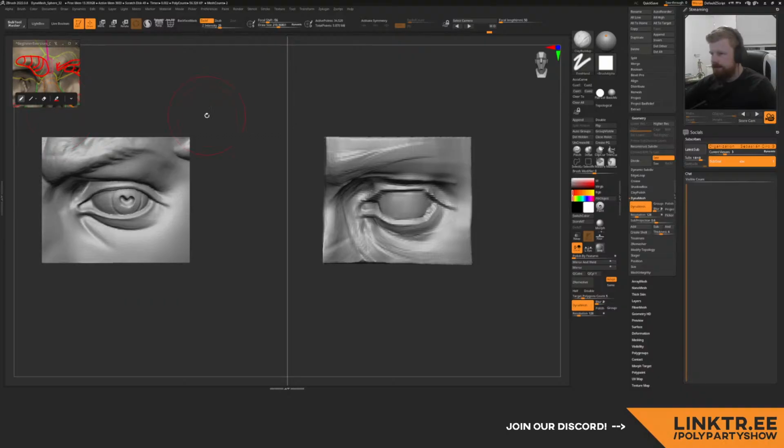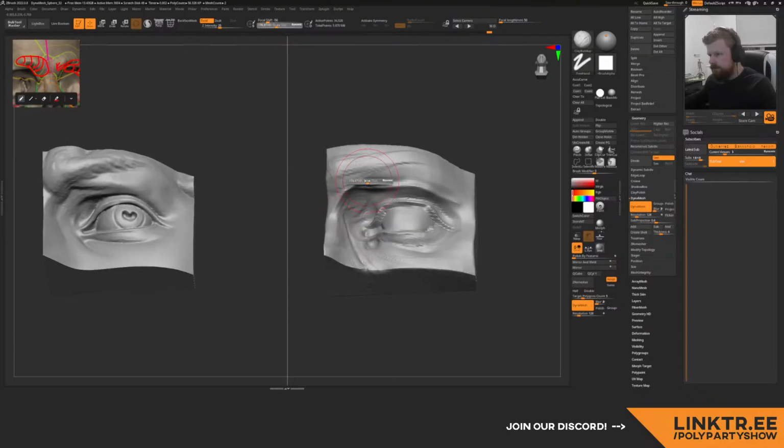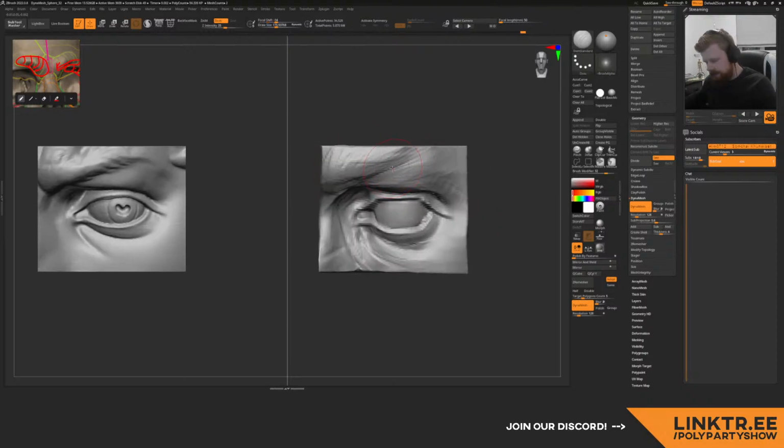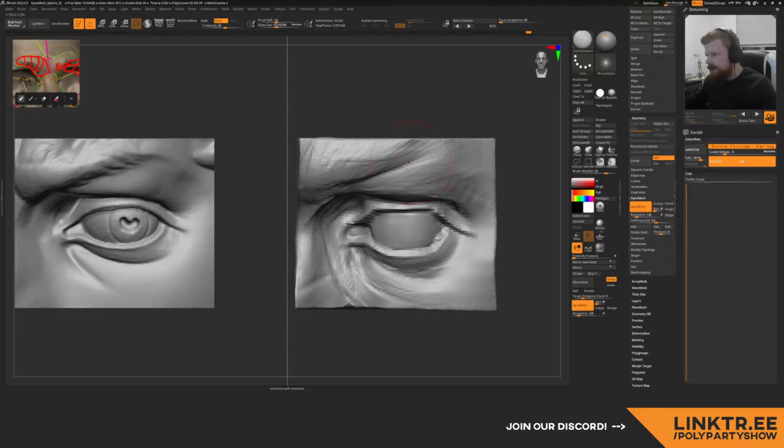So I will fill up that space a little bit and create that crossing of shapes. So I'll make it a little bit heavy at first,